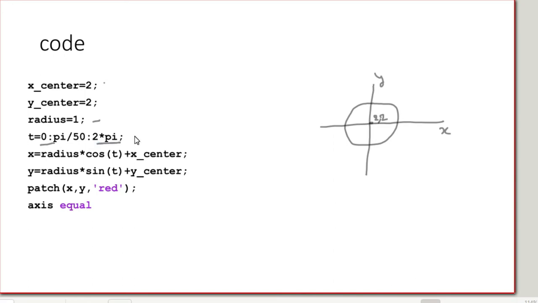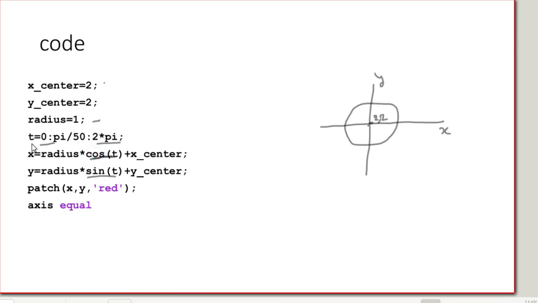This will give the value of t all around these points, and from there, according to the center and radius, I have used the cosine function and sine function together to make a circle. For the cosine function, I have used cos t.